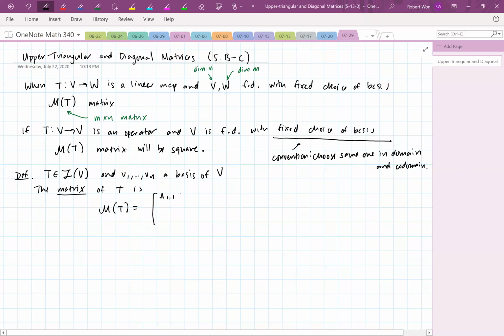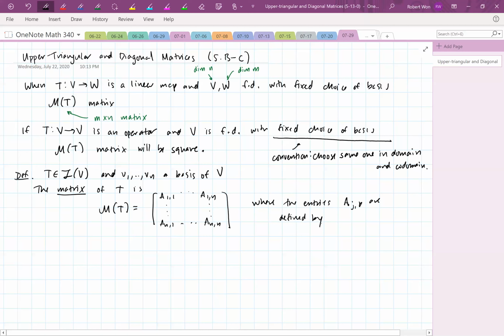Remember, the first index almost always refers to which row you're in. The second index always refers to which column you're in. Where the entries A_JK are defined by,